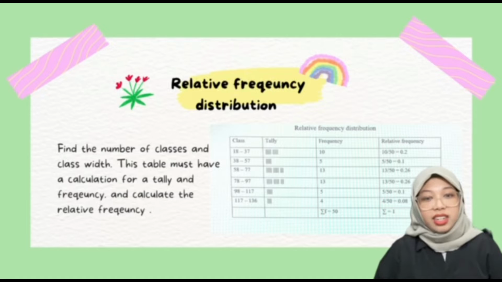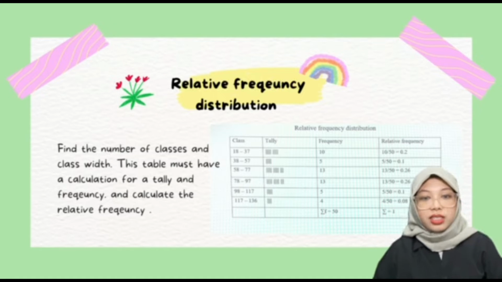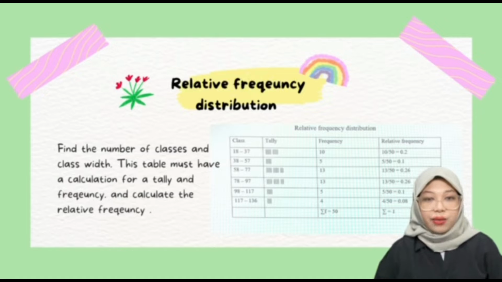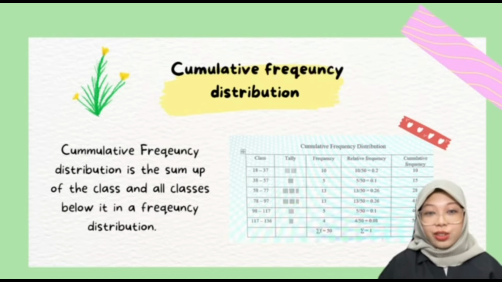Firstly, I find the number of classes, which is 6, and the class width is 19. In this relative frequency distribution, we must calculate the tally and frequency. Then for the relative frequency, you must divide by 50, which is the sample. Next, I go to the cumulative frequency distribution, which is the sum of the class and all classes below it